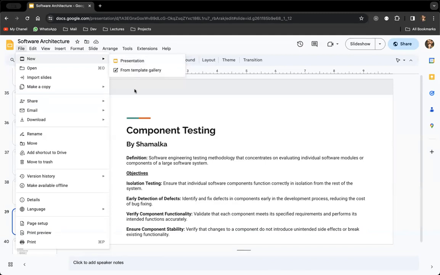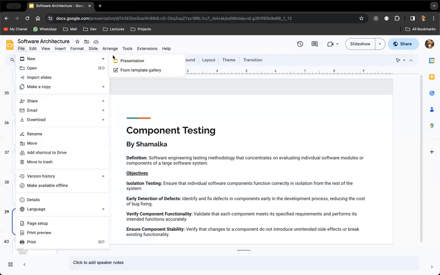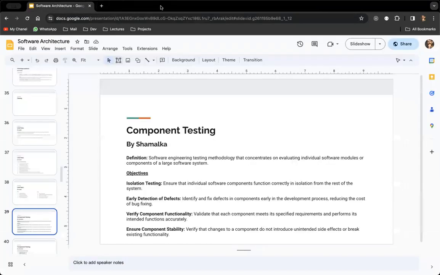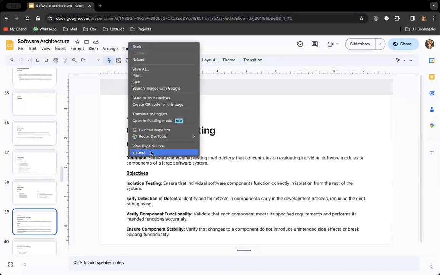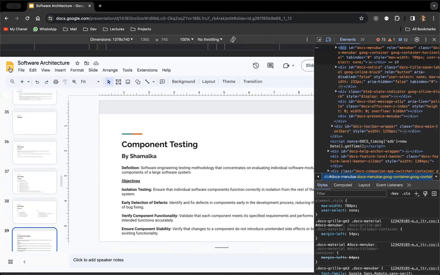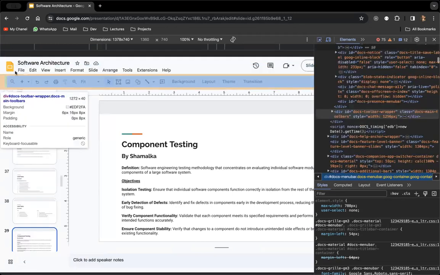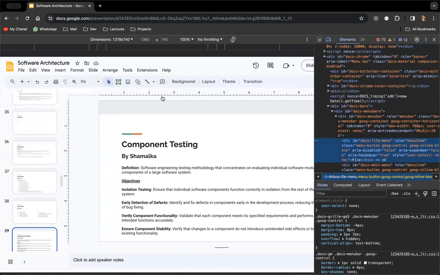But in reality, this is for human eyes. The browser is making sure... I think I need to do something like this. Inspect element. Okay, that would make more sense. But in reality, if I go to presentation and if I try to go down in here,